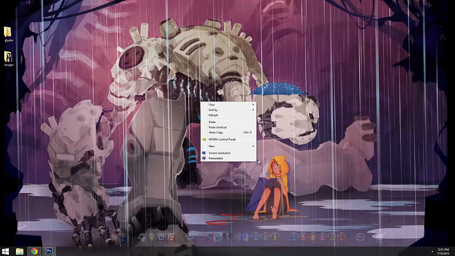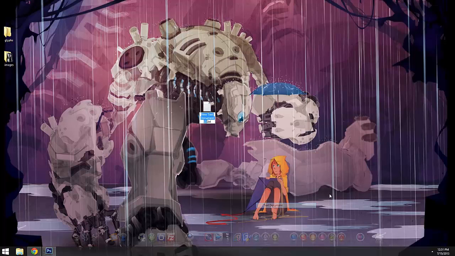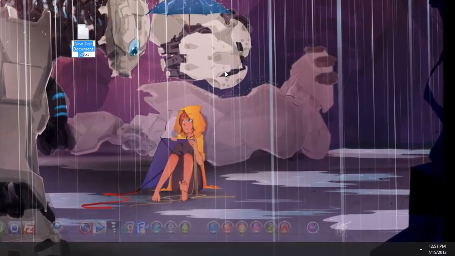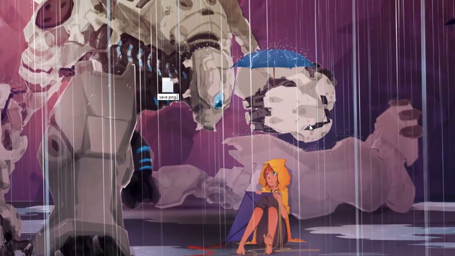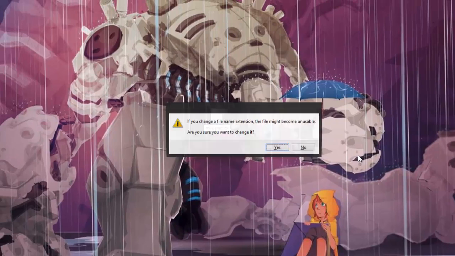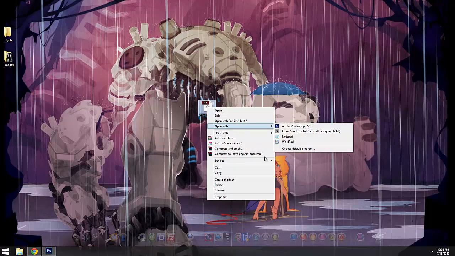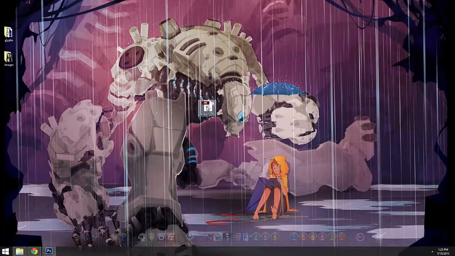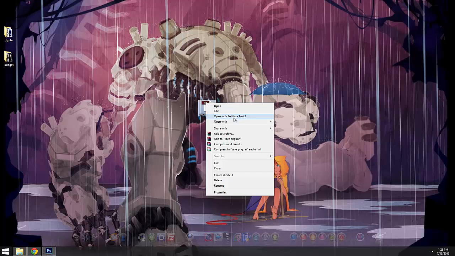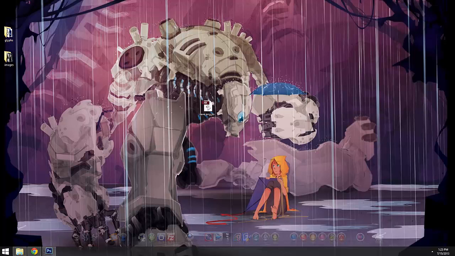And what you can do is you can make a new text document. Okay. And we'll call it save PNG. Okay, and then I want to change it from .txt, which is just a text file, to JSX. It'll give me this little warning, but that's okay. And this is my Adobe script file here, the JavaScript file. Okay, so once we've created our script, you could open it with anything, but I'm going to use Sublime Text,